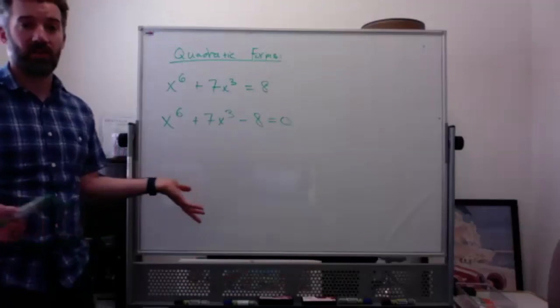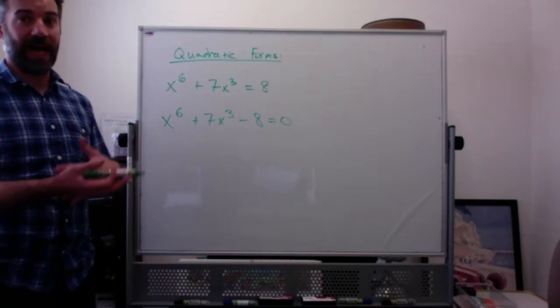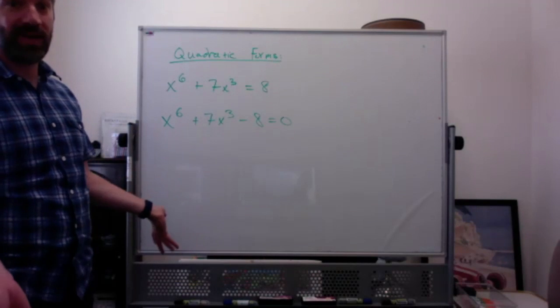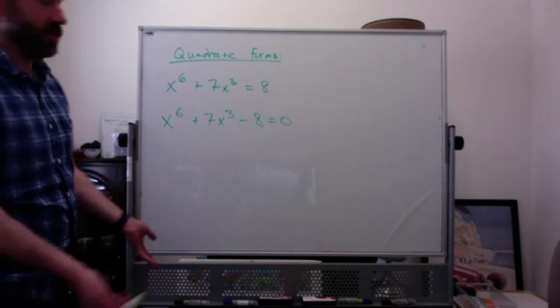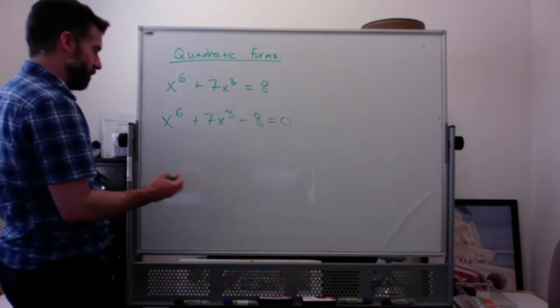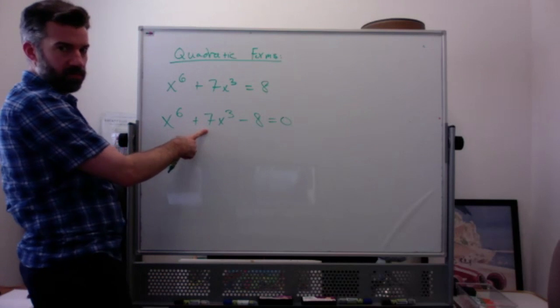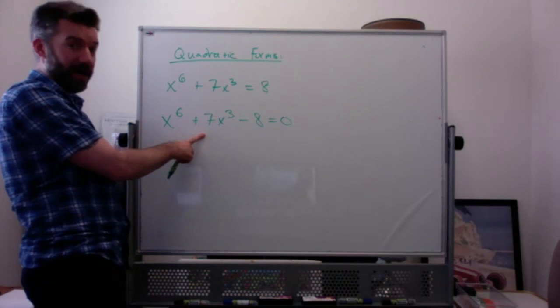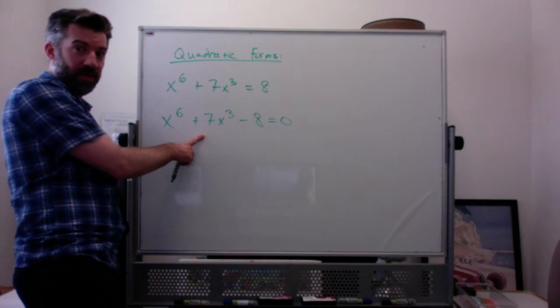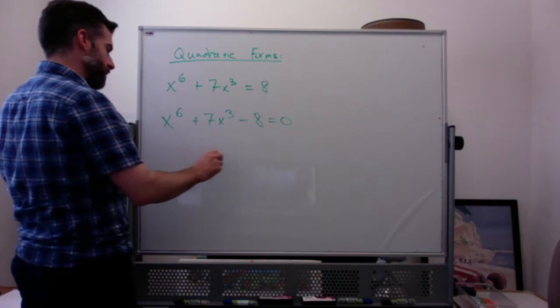And you can do this in one of 2 ways, and either way I'm fine with. One way is just to factor it. You can say, okay, I know I'm looking for numbers that multiply to -8 and add up to 7. And there are numbers that do that. They are +8 and -1. So I'm looking for something like,